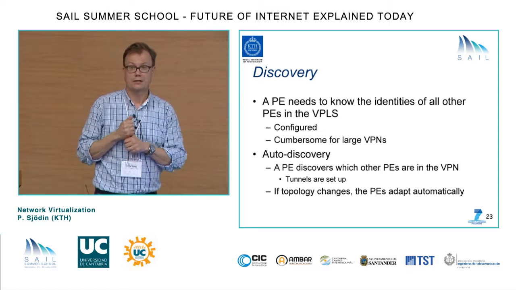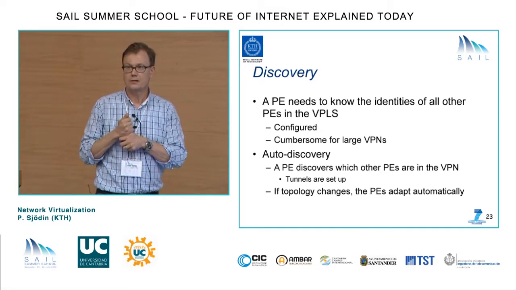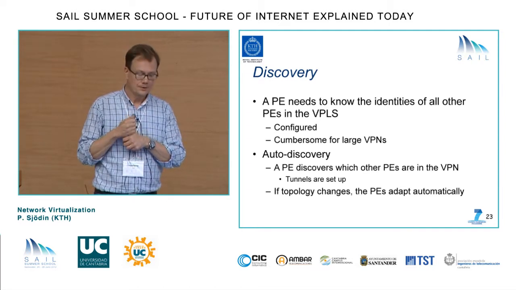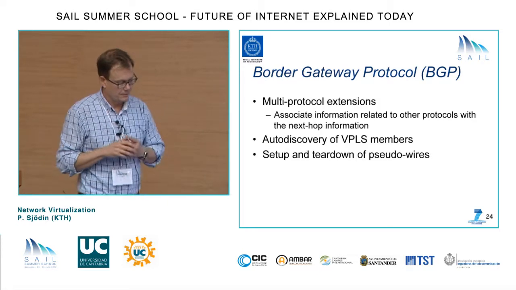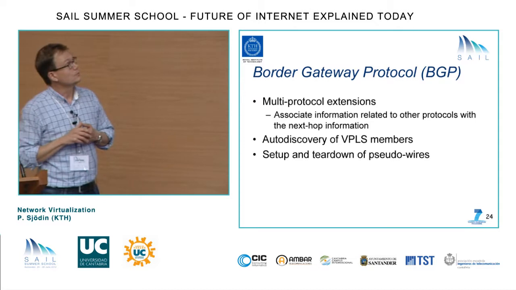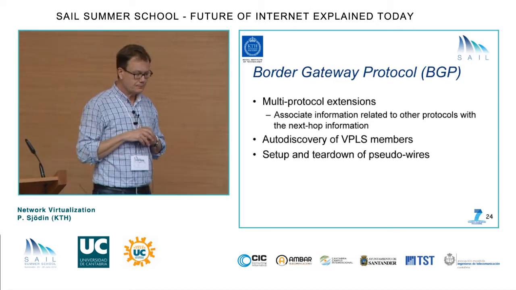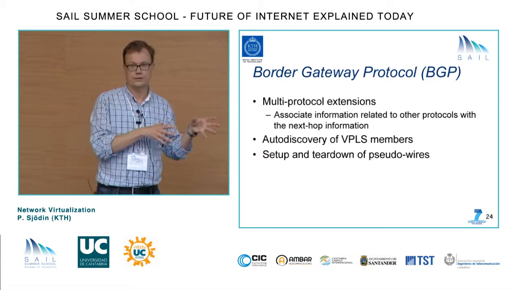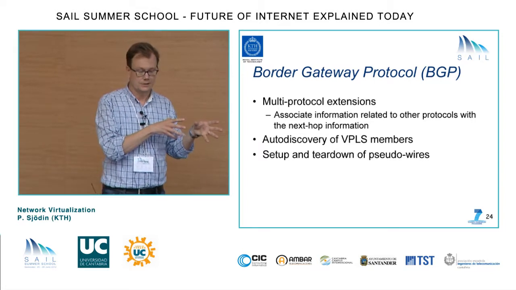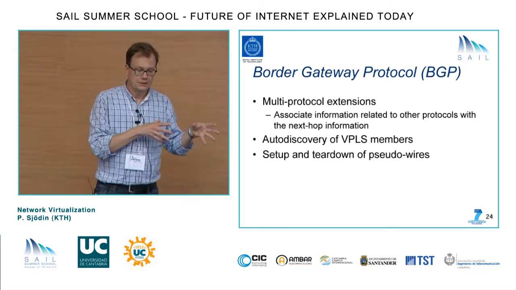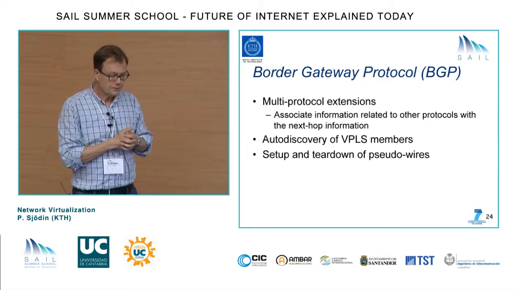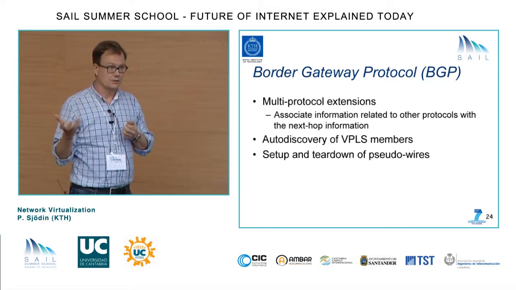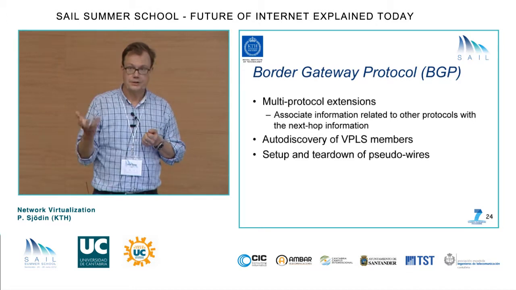Well, one option would be to say that this is a new kind of functionality. We don't really have it in our existing protocols, so let's invent a new protocol for doing this. But this is not the path that the IETF has taken. What they've done instead was say that we don't have exactly this kind of functionality, but we have similar functionalities already in BGP, the inter-domain routing protocol. So let's use this functionality and do some extensions to it, so we can use it also for discovery functionality